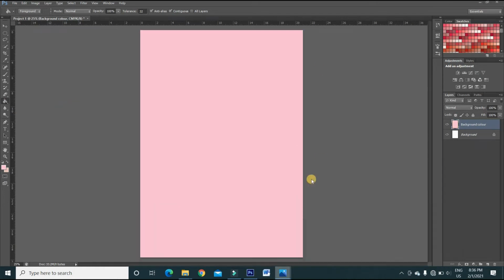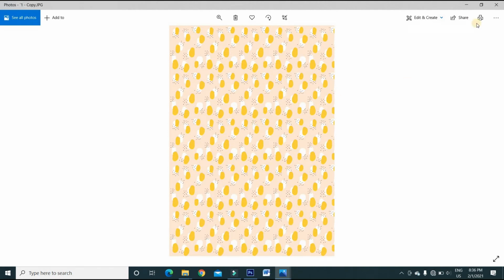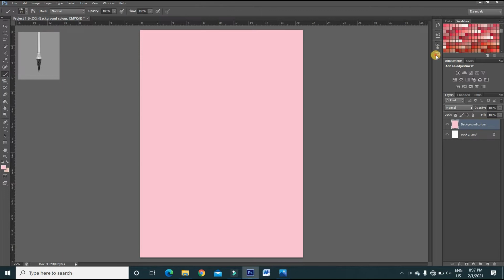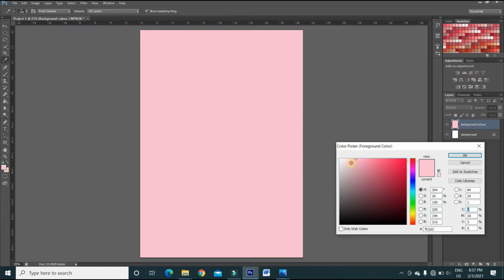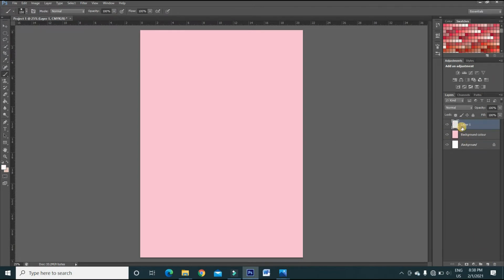Now to create such patterns, I'm going to make use of the brush tool. I'm going to select the brush and from here I'm going to select the style, increasing the size of the brush and then changing the color to white. I will take a new layer and will rename it as white, and now I will create a white spot like this. And as this one is a random design, you don't have to be very specific about the shape and the size, so you can just go randomly and just create the shape.